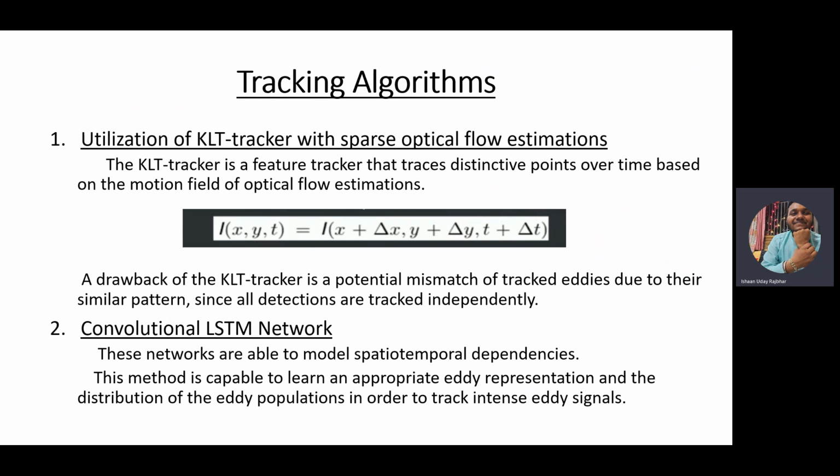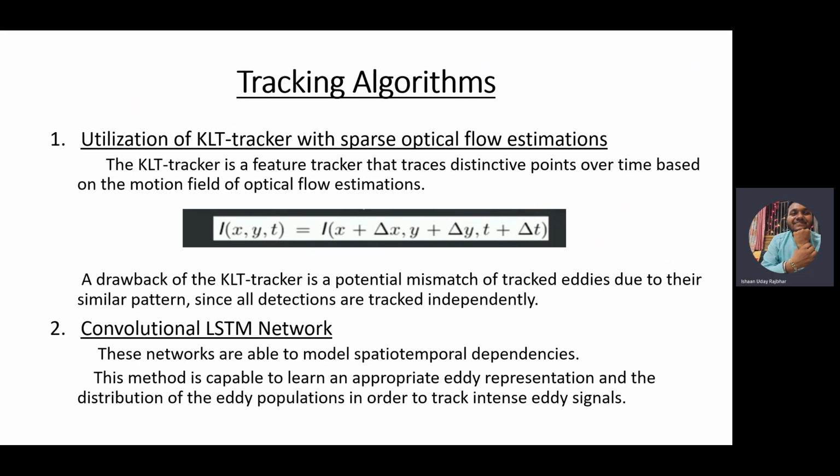Now, different tracking algorithms that are used. Utilization of KLT tracker with sparse optical flow estimation. The KLT tracker is a feature tracker that traces distinctive points over time based on the motion field of optical flow estimations. The equation that we see is basically the spatial and temporal equation that is being described by the